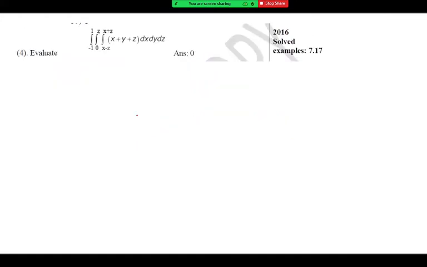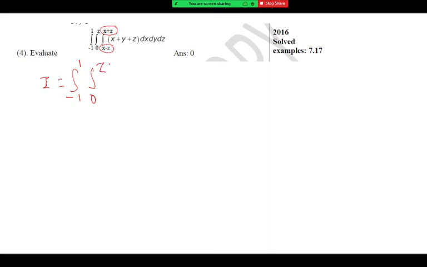Here is the next question. Question number 2. You should tell me the order. What is the inner integral first? Inner integral we should integrate with dy. You will observe the limits are in terms of x and z. Whenever the limits are in terms of x and z, we should integrate with y, treating x and z as constant.